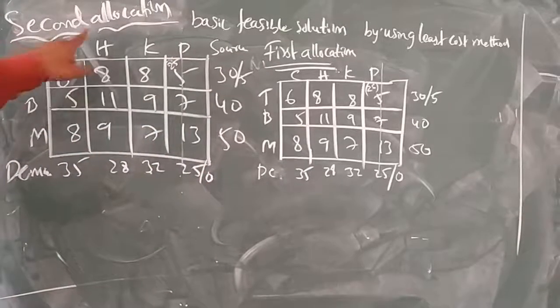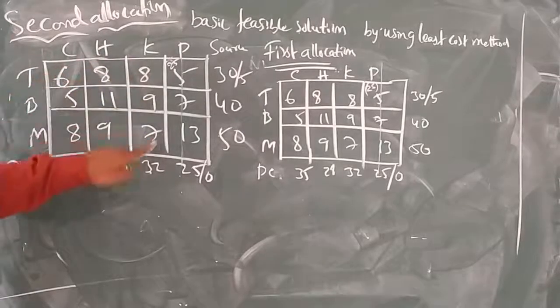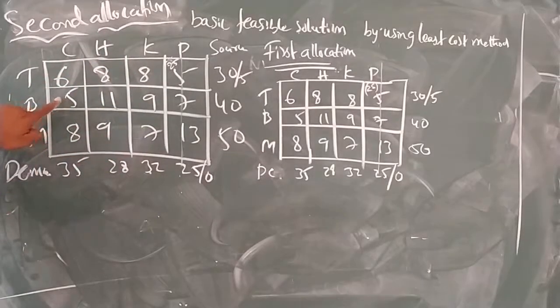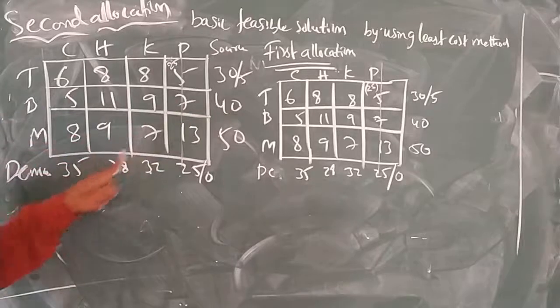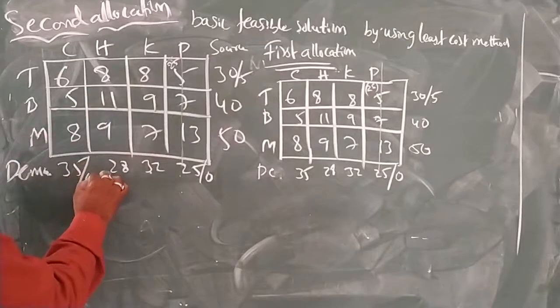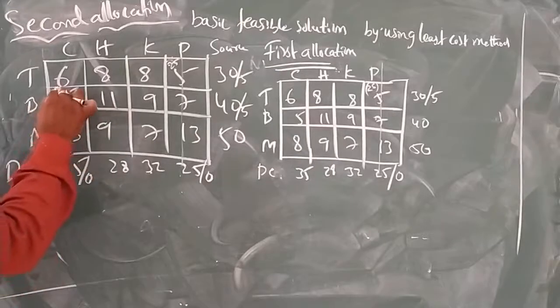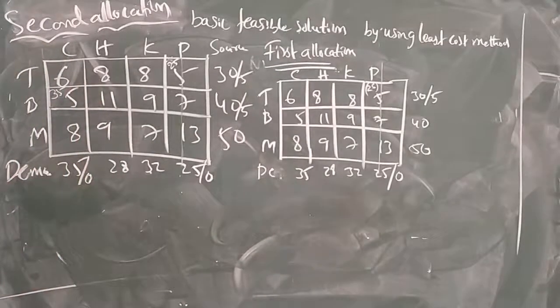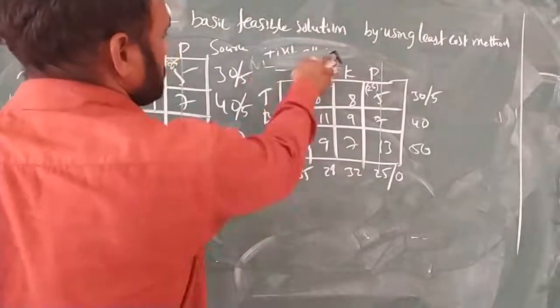Okay, this is the second allocation table, and in these 9 boxes, we need to find which is having the least cost. So 5 is having the least cost. In this 5, it is having 40 and 35. What is the minimum value of 40 and 35? 35 is the minimum value among 40 and 35. So we need to subtract 35. 35 minus 35 is 0. 40 minus 35 is 5. So since I am subtracting 35, I have to write here 35. Okay. This is about the second allocation. Listen carefully. Next, coming to the third allocation. Here let me write third allocation.